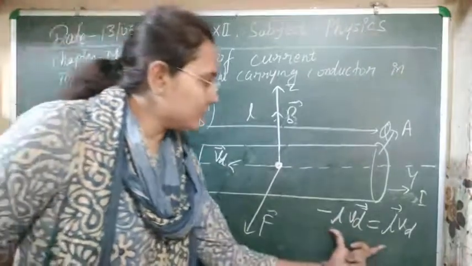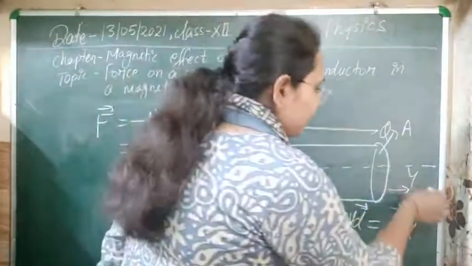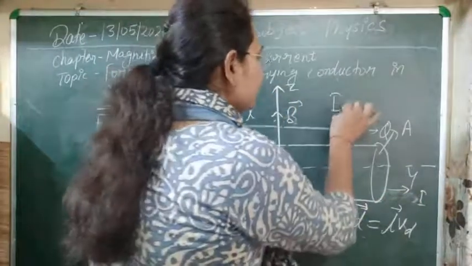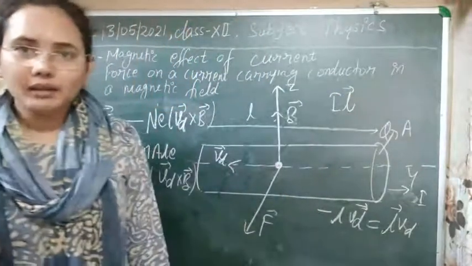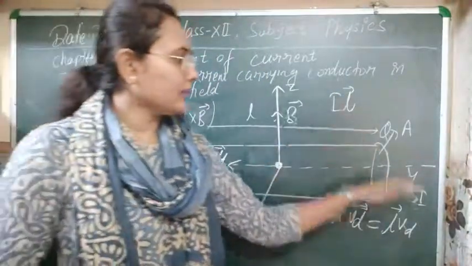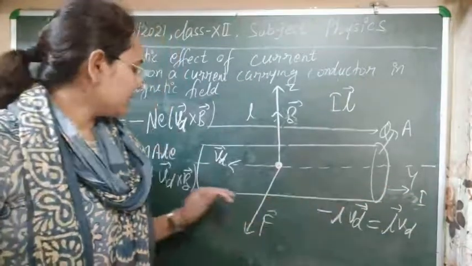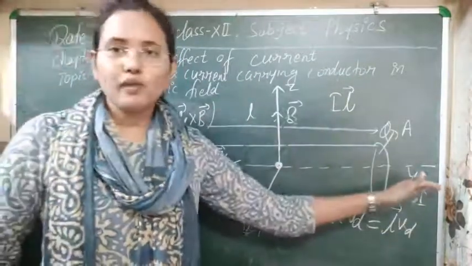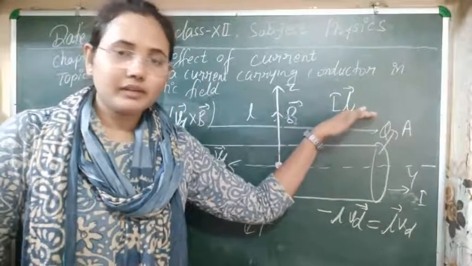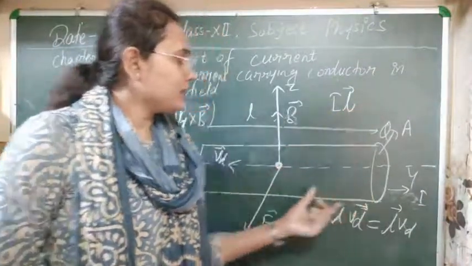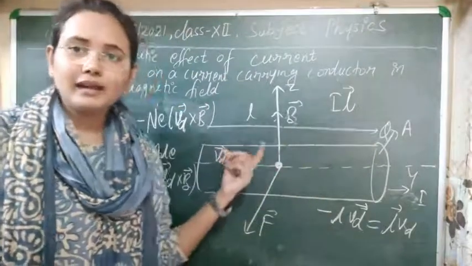So sorry, this expression you can just write here. If we have a current element that we have selected, that is this IL, this is the current element vector that is along the current that we have got here. As you can see, that current direction is along y dash to y, and this element is representing the current element vector.